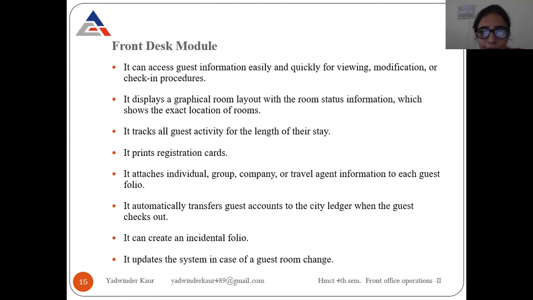Yes. Yes, students. Excuse me, ma'am. Yes. Ma'am, once again, an overview of the reservation module.